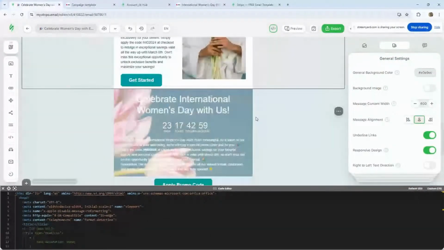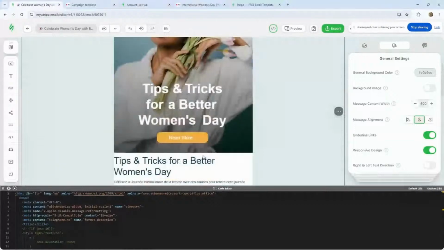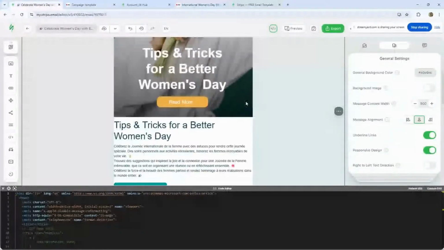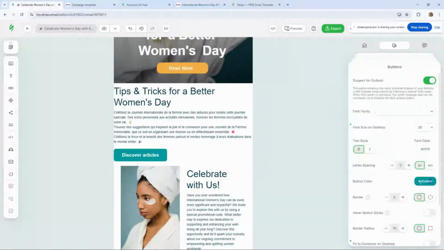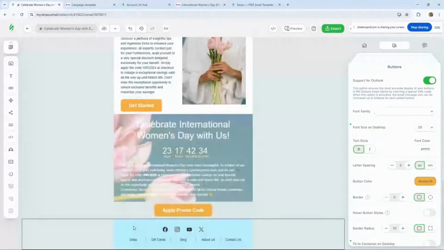And of course, we will align all our buttons to this button color. Let's copy it and come back to our template, to the buttons section. Here we are. And we will put the button here. Great. So what we have here,